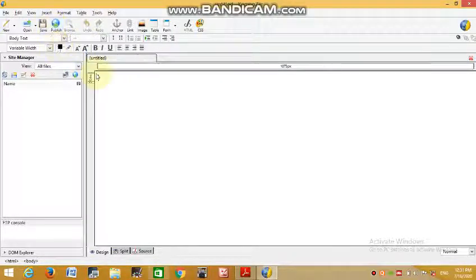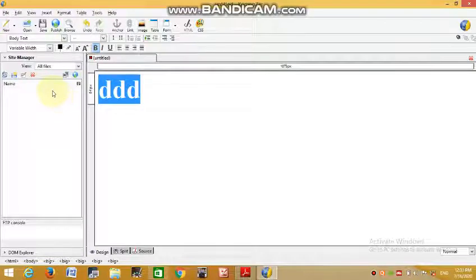What is the work of the format toolbar? You just type and format your text. There are these 2 types of formatting toolbar here. Now your screen is divided into 2 parts. This one is the site manager and this is a blank page where you work.